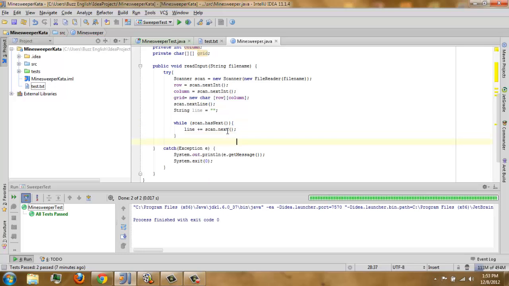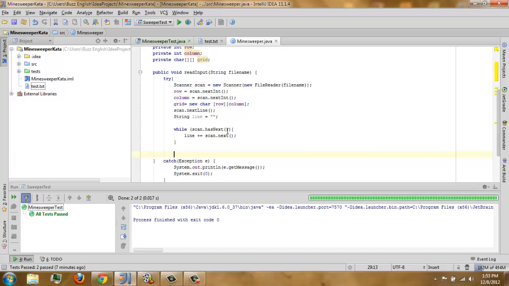Whenever we have already read our lines, we have to plot them to our grid. So we need an index, int index equals 0. Here we will have a nested for loop since this is a two-dimensional array, where the first for is for the row and the second for is for the column. For int i less than row, i plus plus.